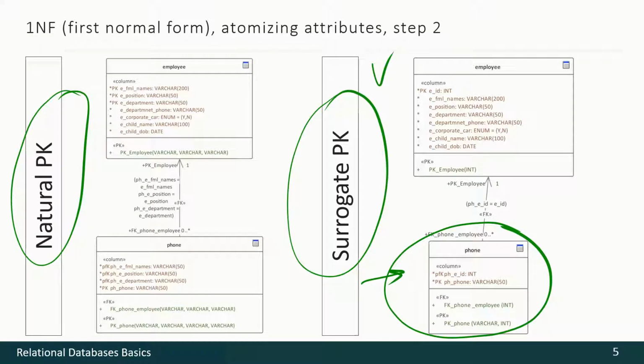So now we do not have a compound attribute, and if we look attentively at these relations, we may see that the initial field is still here and still here. That's not a mistake, that's just a sample of the idea that we may use it as a caching attribute. But of course, in further normalization, we shall eliminate it from here, and we shall see it in a couple of seconds. But for now, we have no non-atomized attributes, so the first normal form is achieved.